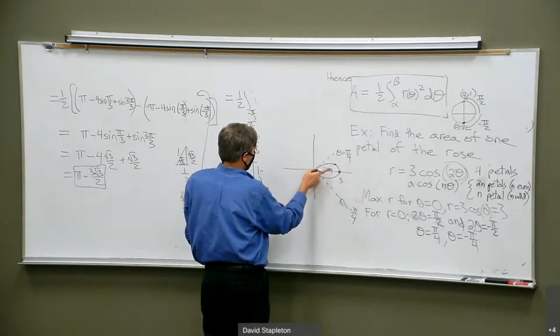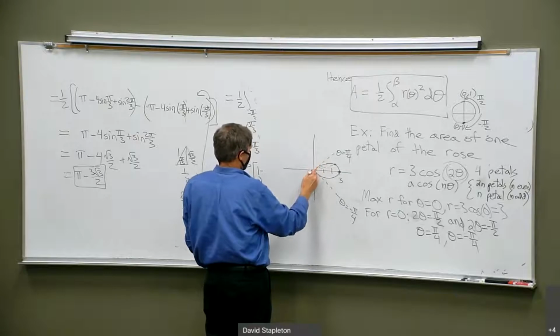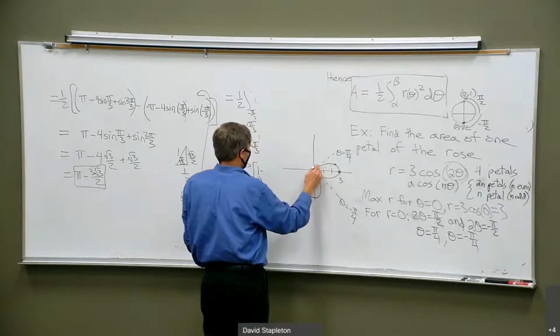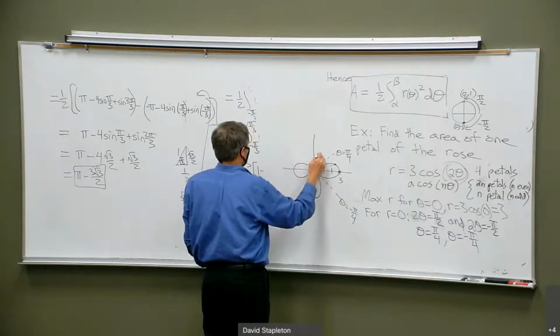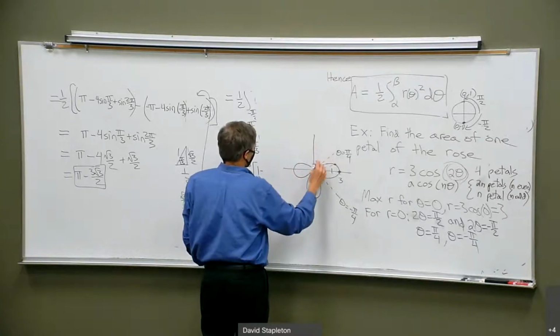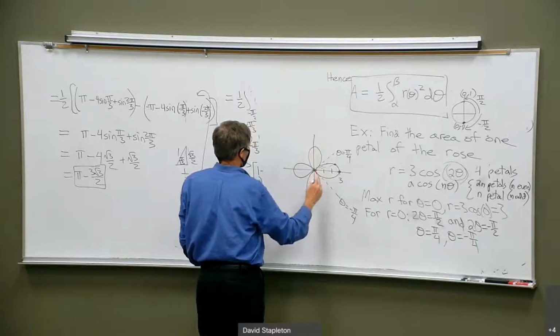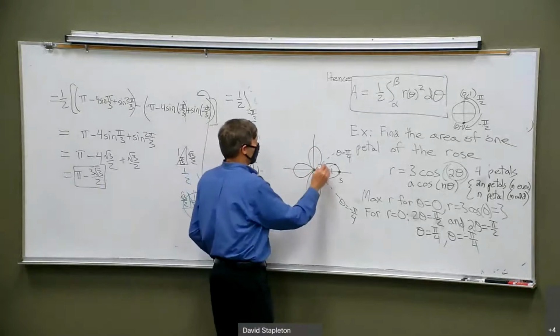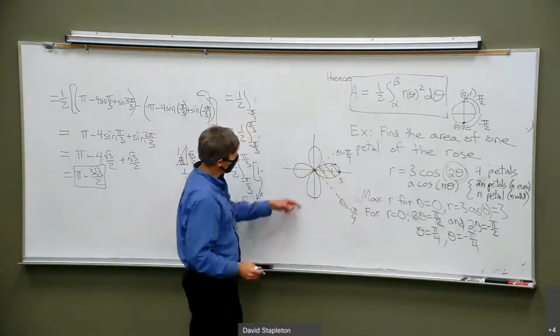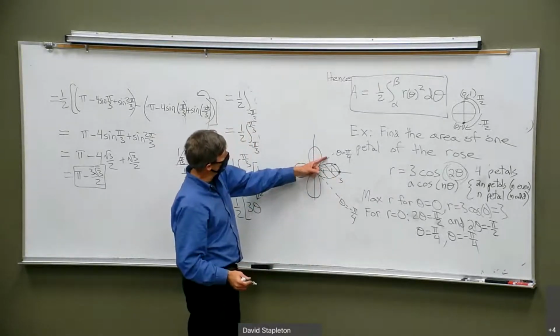Now you get negative. As you turn up here, r gets negative, and you sweep out a petal over here of length 3, and a petal over here of length 3 with positive r, and then a petal over here of length 3 with negative r, and that's what the rose is going to look like. It's just like that. Let's look at the area of this petal right here. We just have to go from theta equals minus pi over 4 to theta equals plus pi over 4